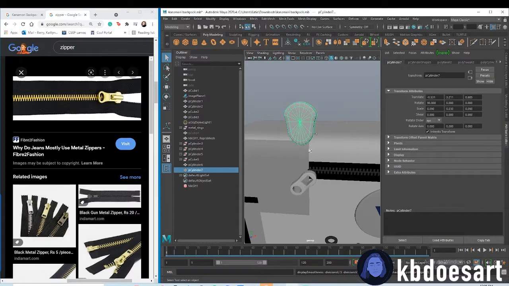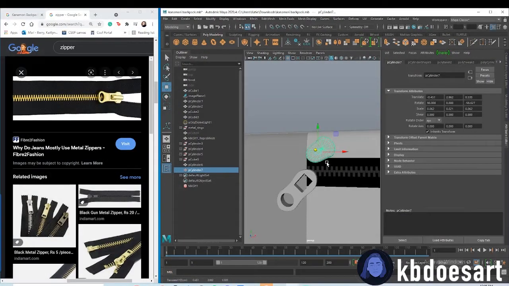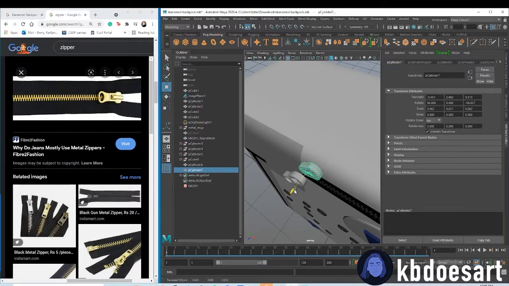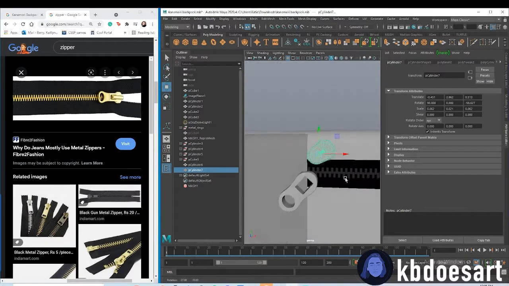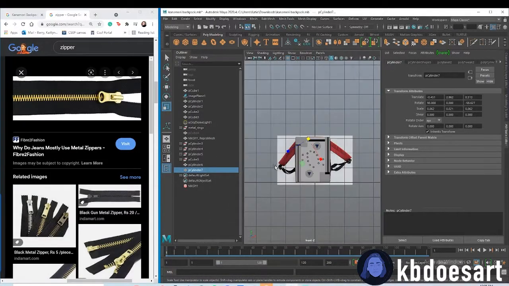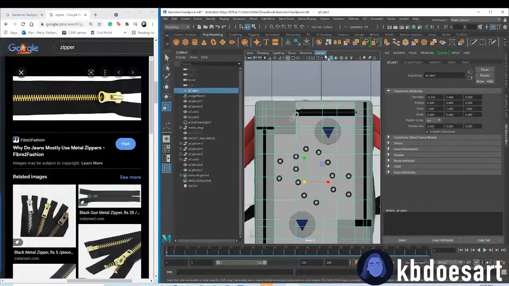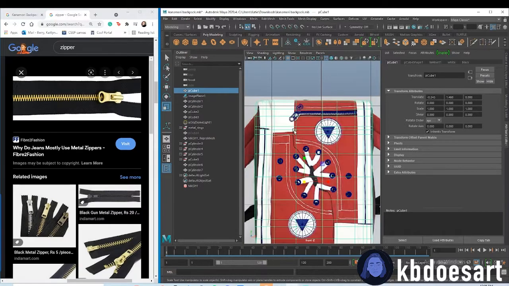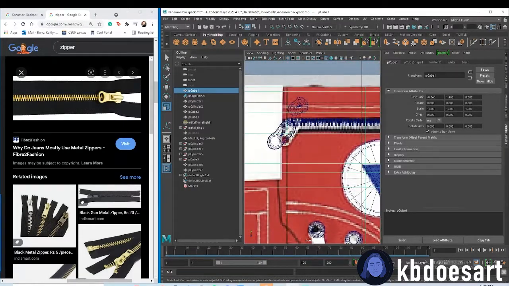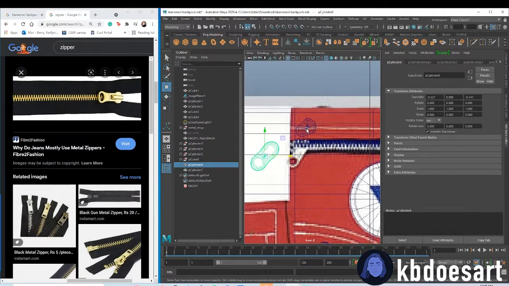Okay. And then let's rotate that guy, scale it down a bit, and push it on down. It's going to be connecting to the zipper since it's technically like on the zipper track. Let's see what our image does. Okay, so it looks like